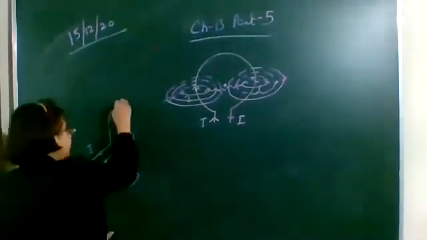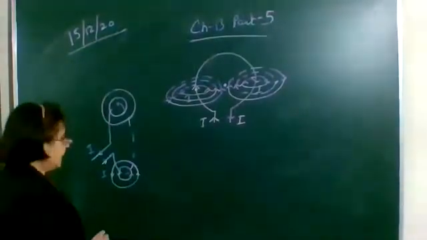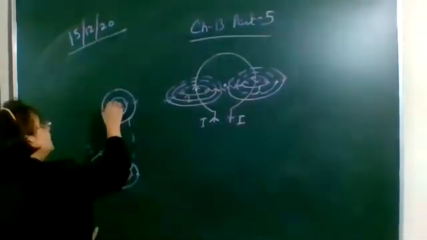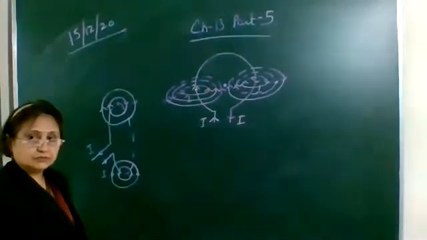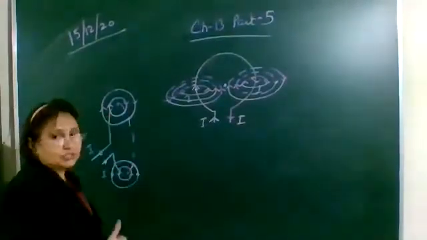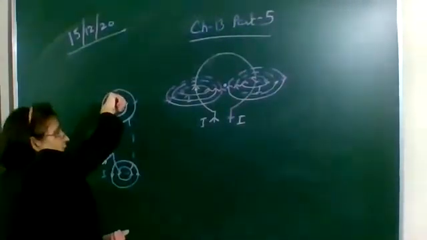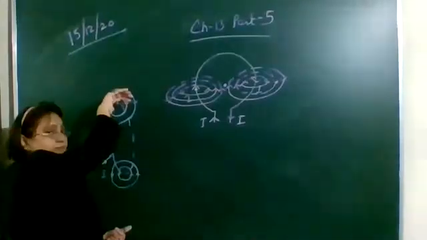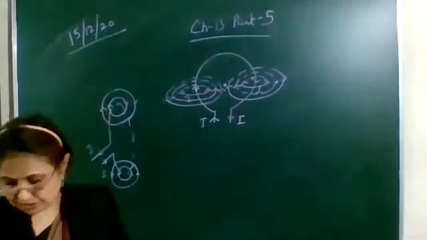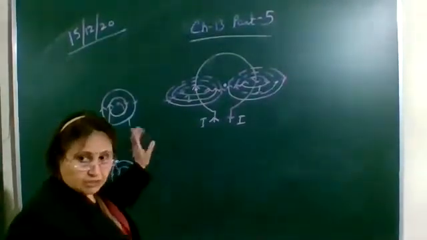Now again at the diametrically opposite edge, the circular lines will be in the plane of the board, and the direction of the magnetic field lines will be along this direction using the right hand thumb rule. Here the current will be moving like this, so these are the magnetic field lines. The current is going inward, so this is the direction of the current which is perpendicular to the plane of the board inward. So these are the directions of the magnetic field lines. Better use this figure, no confusion at all. Now let's read it. What is given now? So either you can draw this figure or this figure.